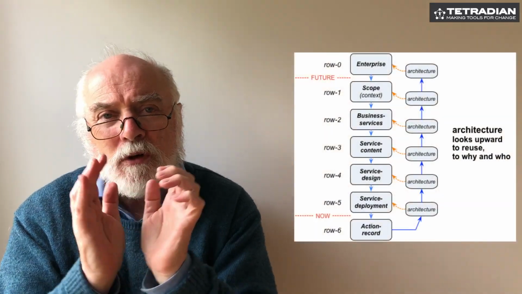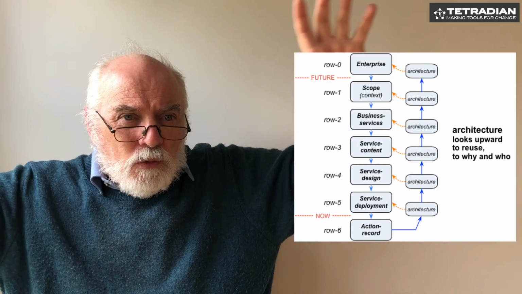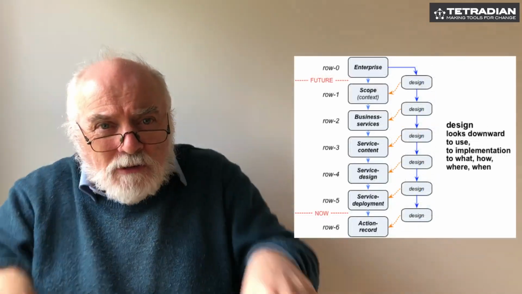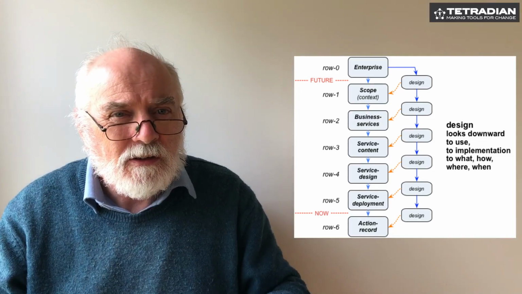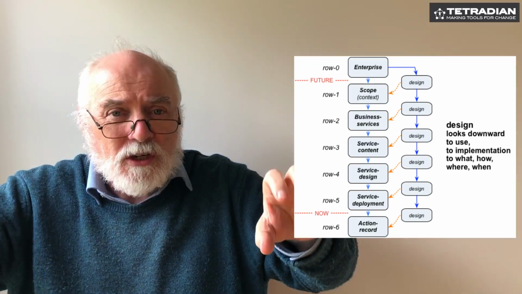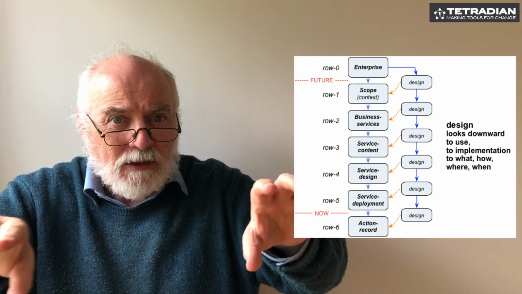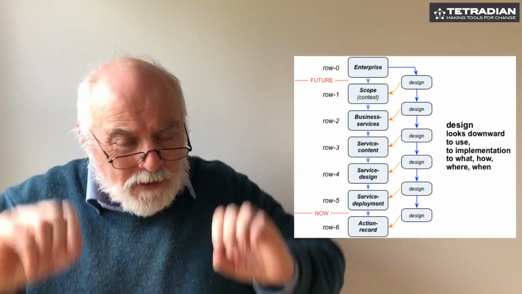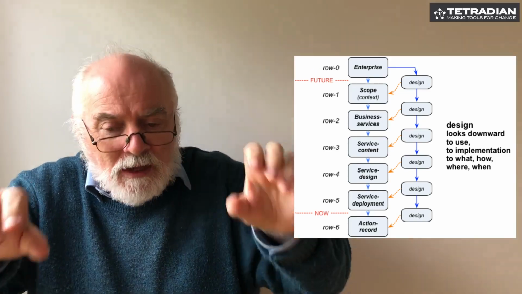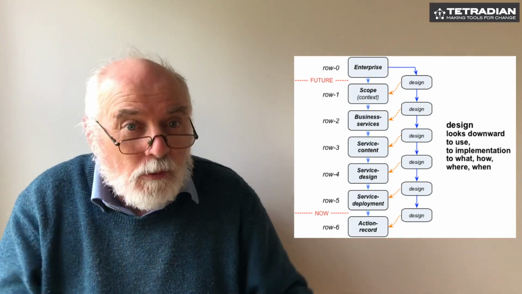But one of the points about the difference between architecture and design is that architecture always looks upward to the abstract. How do things work together better, more on purpose? Design goes down to the real. How are we actually going to do it? How do we go from the abstract down to the logical structure about how things are going to fit together in general terms, then down to the physical structure, the exact software we're going to use, and then down to the deployment level, the one that we're going to use at operations. So